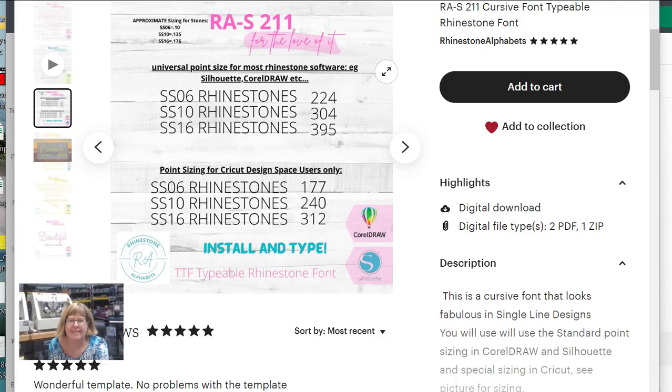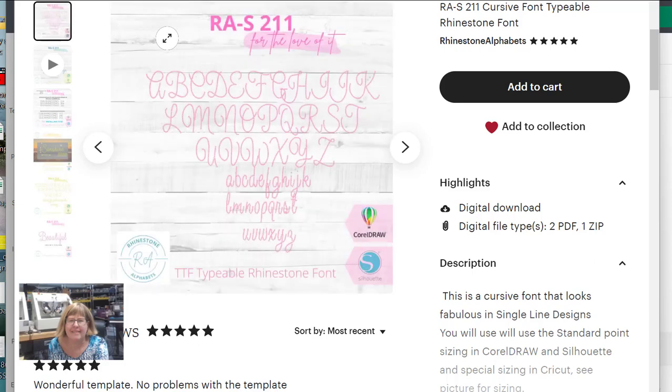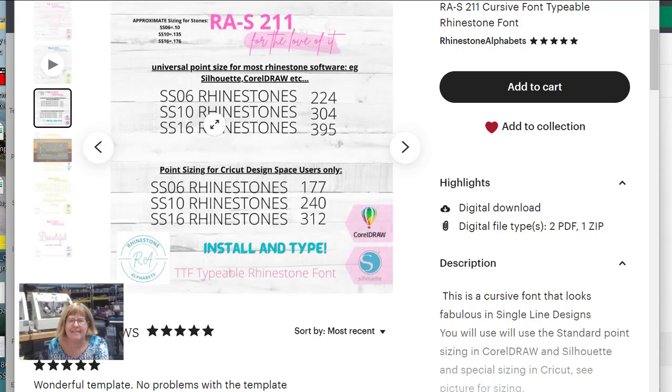rhinestonealphabets.com. When you are using our typeable rhinestone fonts, and in this case we're looking at RAS 211, which is a cursive rhinestone font, you're going to be adding a point size in the area of the font size in WinPC, StoneCut Pro, CorelDRAW. And using that point size, you're going to be able to size it perfectly for SS10, SS16, SS6 templates for